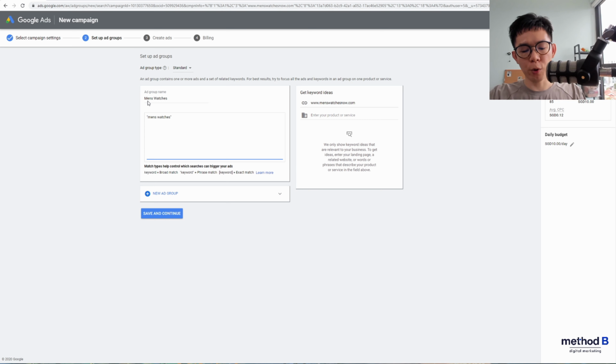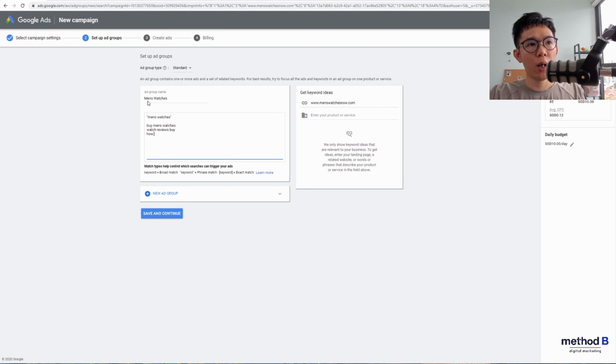So say for example, people type in buy men's watches. Now because this buy men's watches already contains the men's watches, you will be able to capture this audience with that keyword. But say you were to type in watch reviews buy, you will not be triggering this keyword because it doesn't contain the words men's watches. So this is the good thing about parentheses, because it can capture longer tail keywords, like for example,